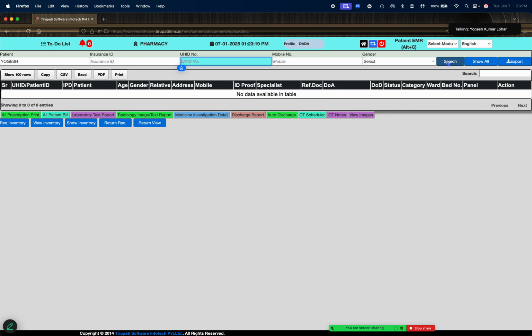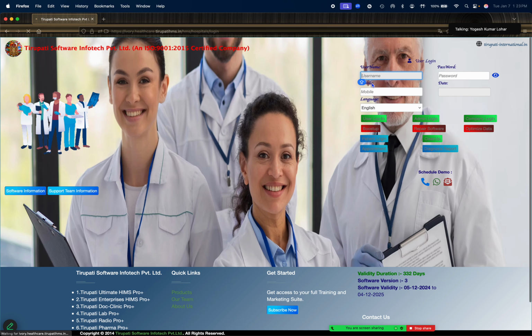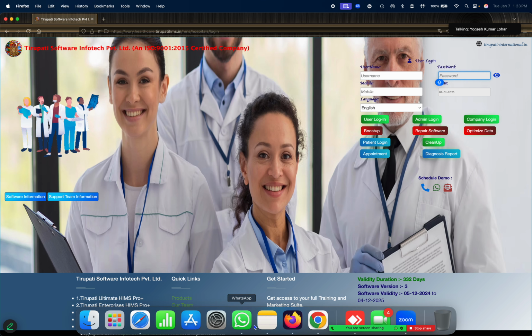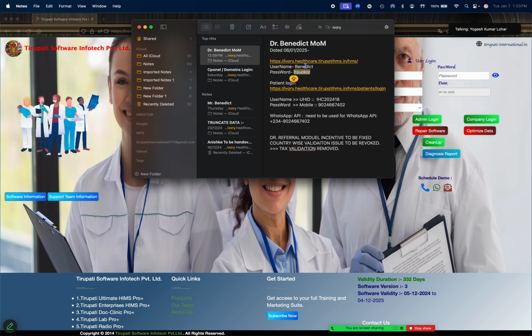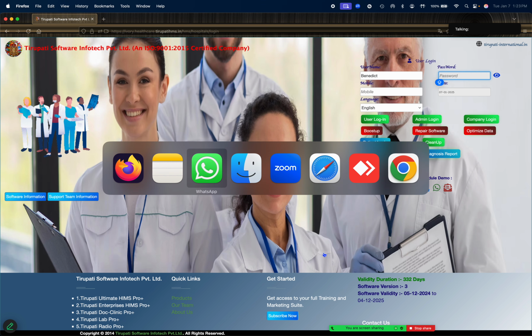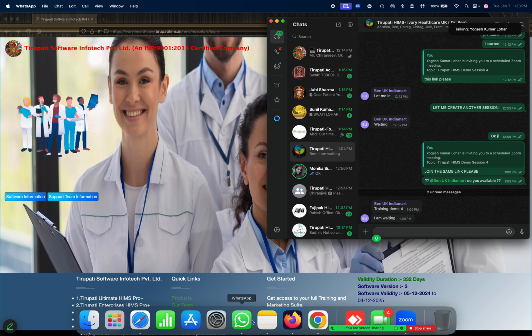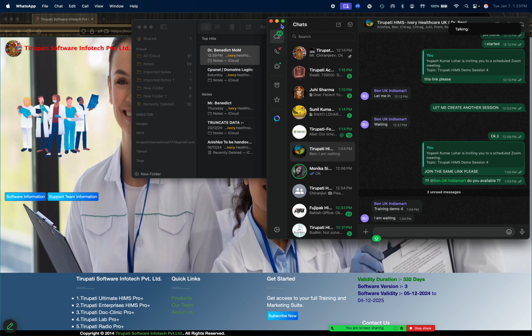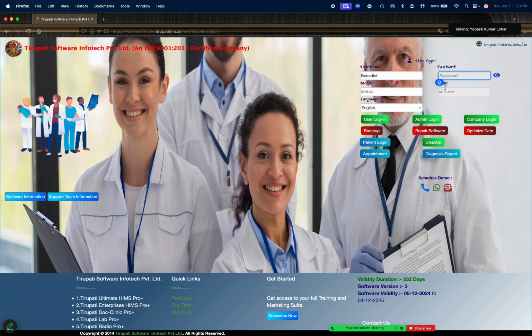Okay, now we will make a patient with our main account and do the billing with the referral account we created. We go here to patient and make the transaction, and then we will see the records come in the particular referral account and user login, correct.